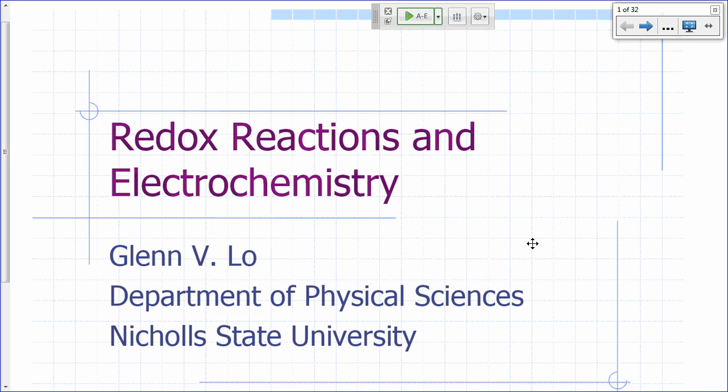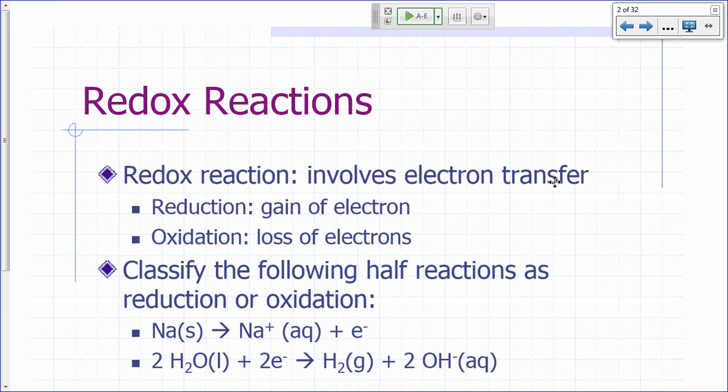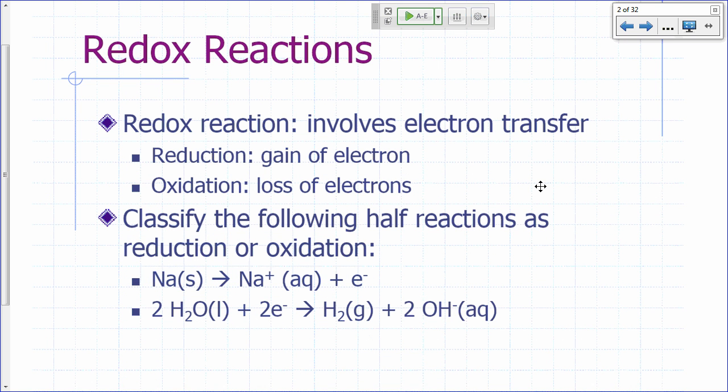Redox reactions and electrochemistry. That's going to be our lesson today. So what's a redox reaction? A redox reaction is a reaction that involves electron transfer. Redox comes from reduction and oxidation. So you can think of a redox reaction as consisting of two half reactions, one involving a gain of electrons,